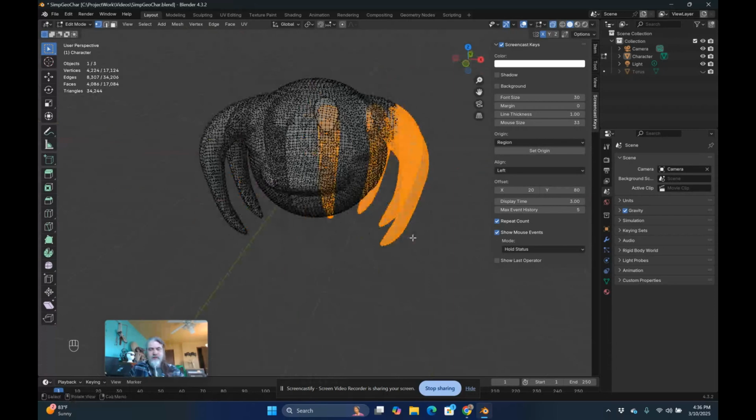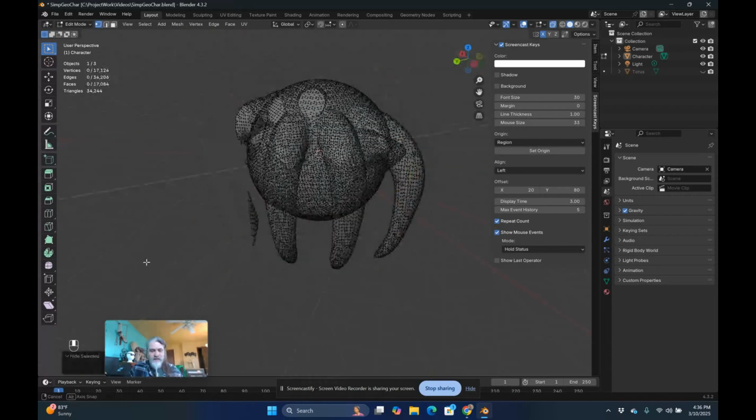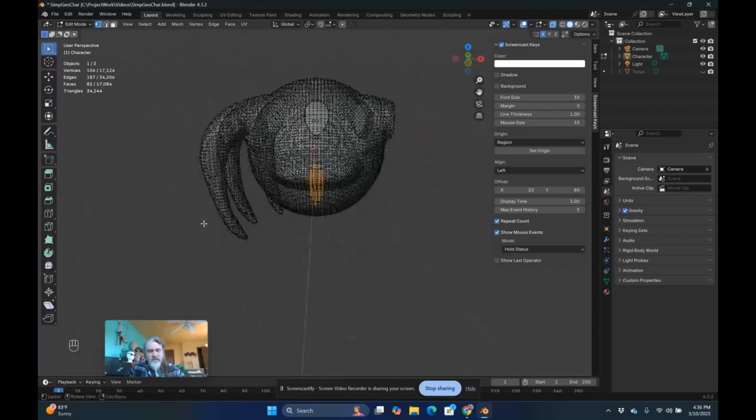That done, I can push H, and that'll hide all of these items. And I can see that I've actually missed a little bit. I can go ahead and push C to circle select some more. And maybe I'll do the same thing to the tentacles on this side. Circle select,